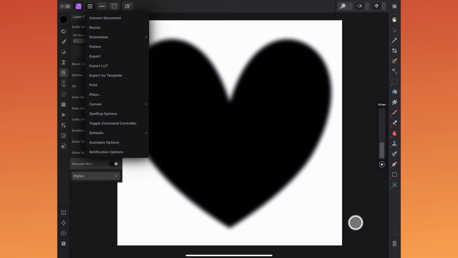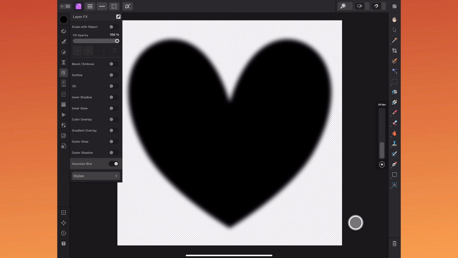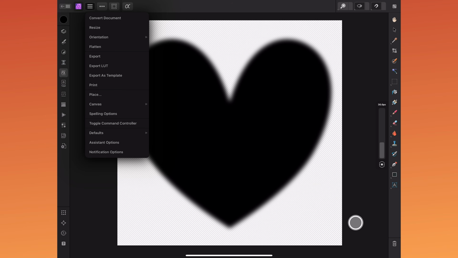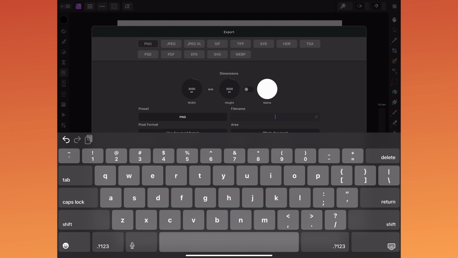So I'll go up to the Documents menu, go to Canvas, and choose Transparent Canvas. And then I'll go back to the Documents menu and choose Export. I want to make sure that I set this as a PNG. Always set the export format first and then change anything else below. And I'm just going to name this Heart Shape 4